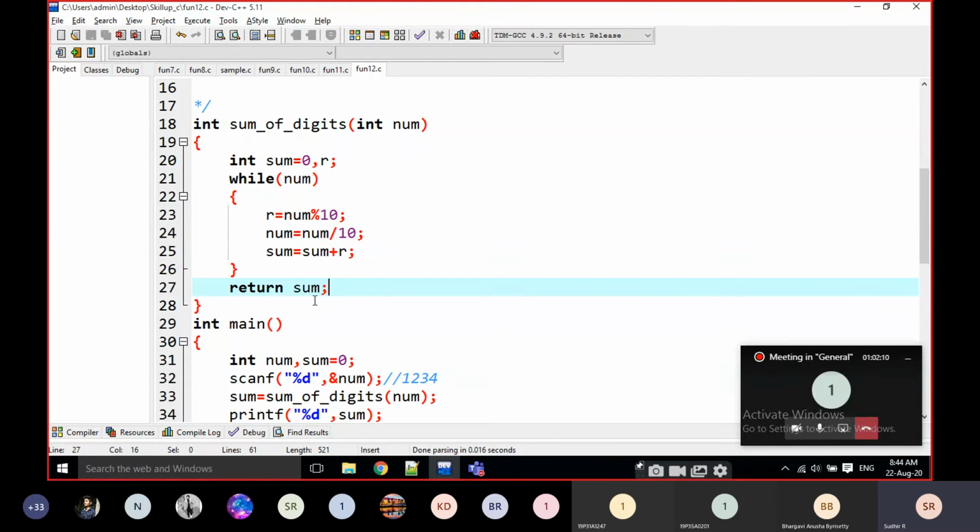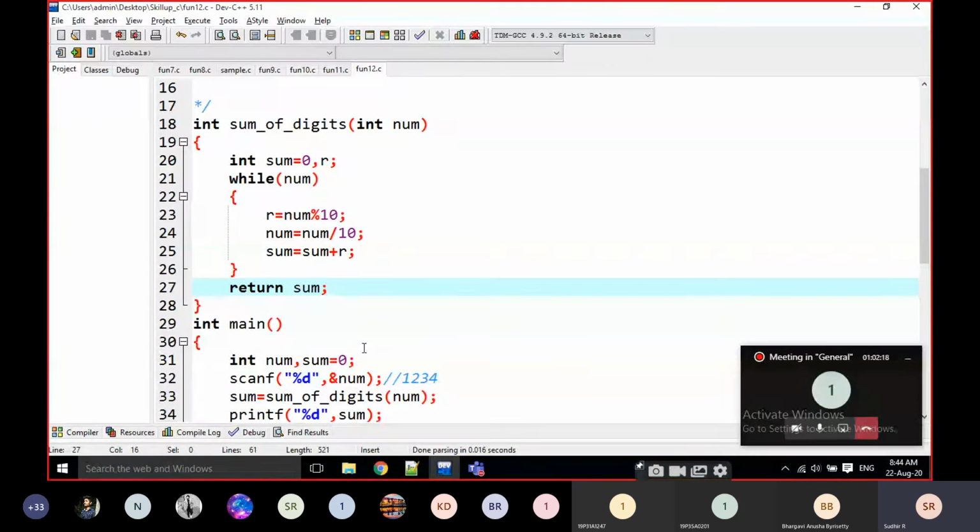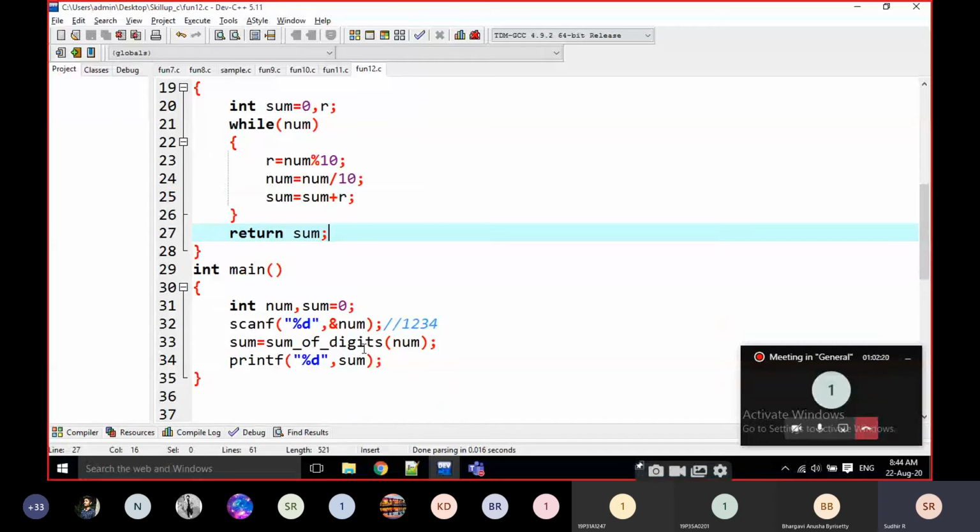The function is returning. The same I am going to execute here. For example, the output is 10. No problem for that. Okay? Just listen to what I am teaching here. I will push this program to GitHub and it will be clear for you. Note it down, everyone. I am doing some practice using functions.